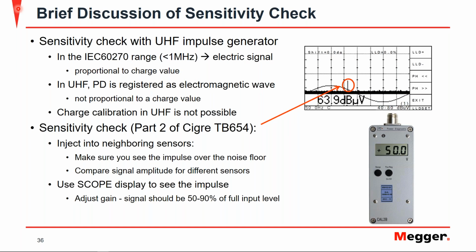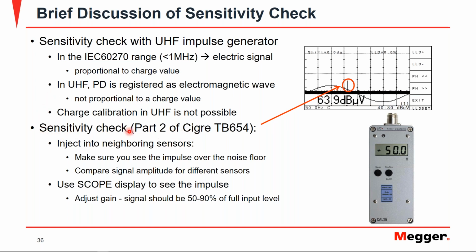where you use the coupling capacitor and you insert an artificial defect, and this is kind of in the factory environment, of 5 picocoulombs, and then you inject a signal or an impulse into that same sensor and try to determine what that impulse is that equals the 5 picocoulombs. So it's not a proportional charge value, but then you go out to the field and perform your second